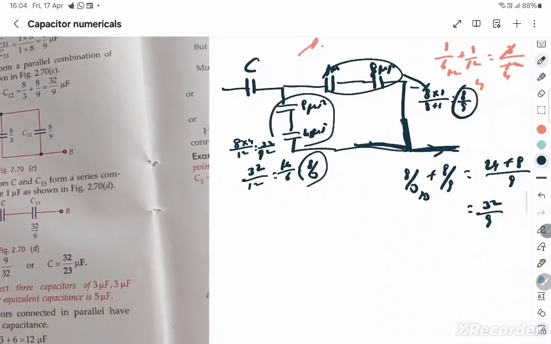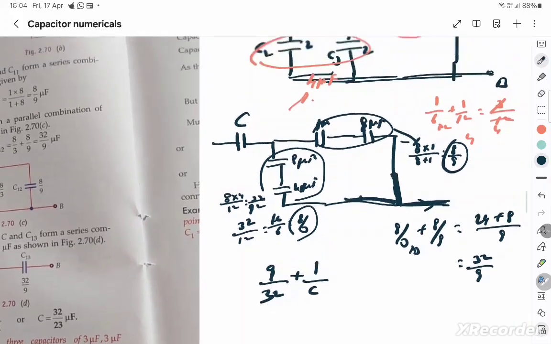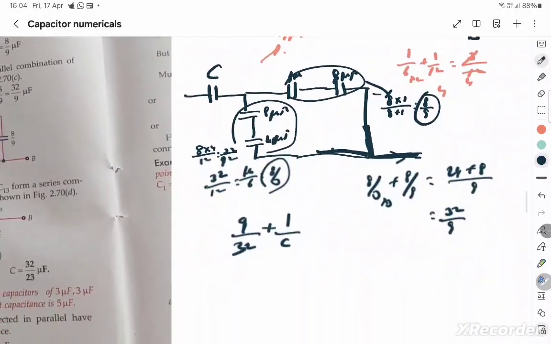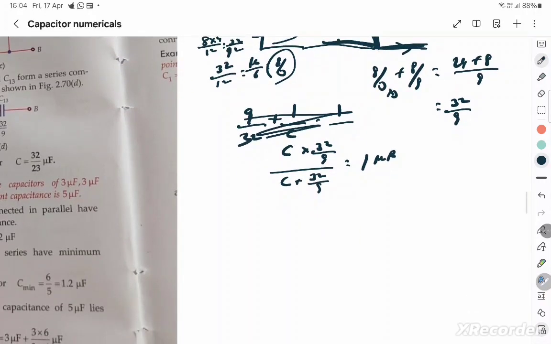series. So if it's in series, can I write 1 by 32 by 9 plus 1 by C, which is equal to, the equivalent capacitance is 1 microfarad, which is 1 by 1 into 10 to the power minus 6, or I can do C1 C2, C into 32 by 9 by C plus 32 by 9 is equal to 1 microfarad, C equivalent. With this, will I be able to get that answer? C by C plus 32 by 9 is equal to, I can push this down and reciprocate 9 by 32,